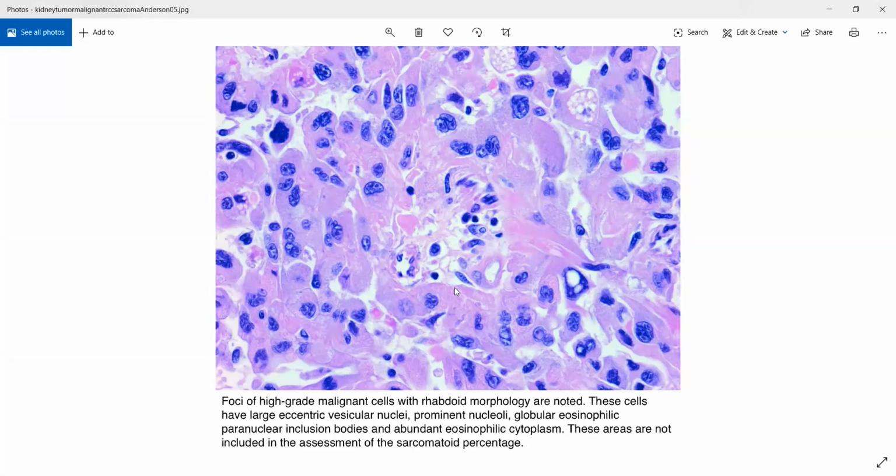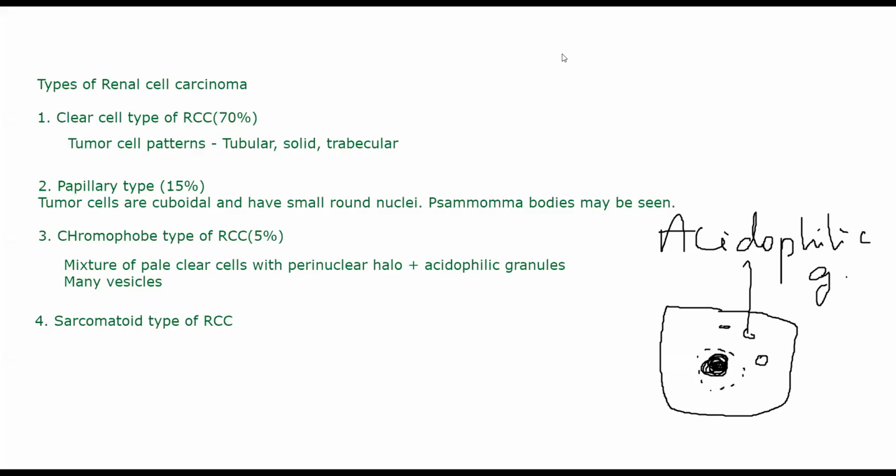Now, what happens here? It is very poorly differentiated, and the tumor will have whorls. Okay, it will look like spindle tumor cells. If you look closely, they will look like spindles. Even though they are not perfectly spindle in shape, they will be somewhat in that structure. The tumor itself will be like a whorl, okay, WHORL, and it will assume a spindle-like shape. This generally occurs in 1.5% of cases.